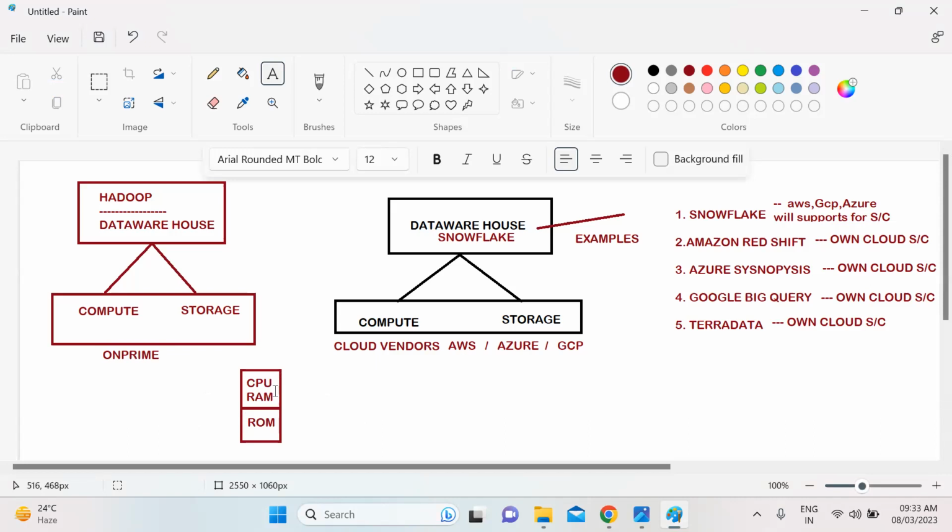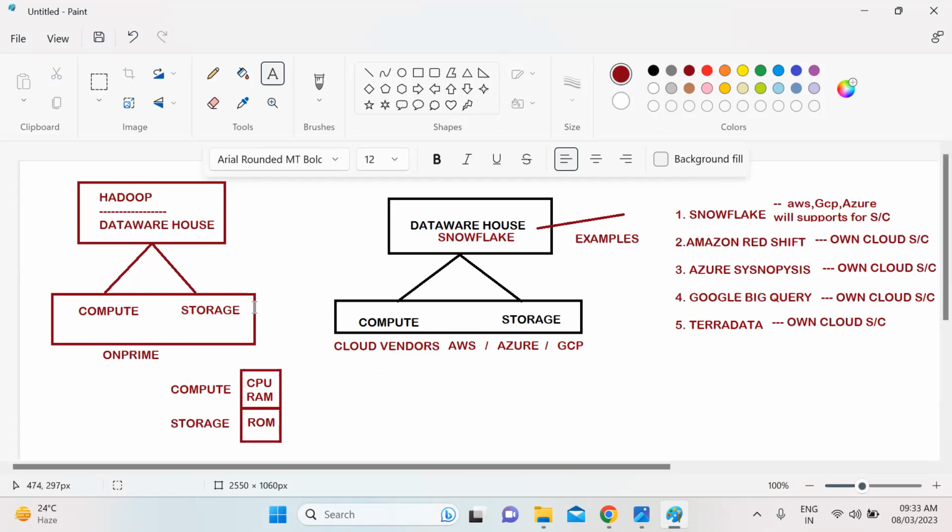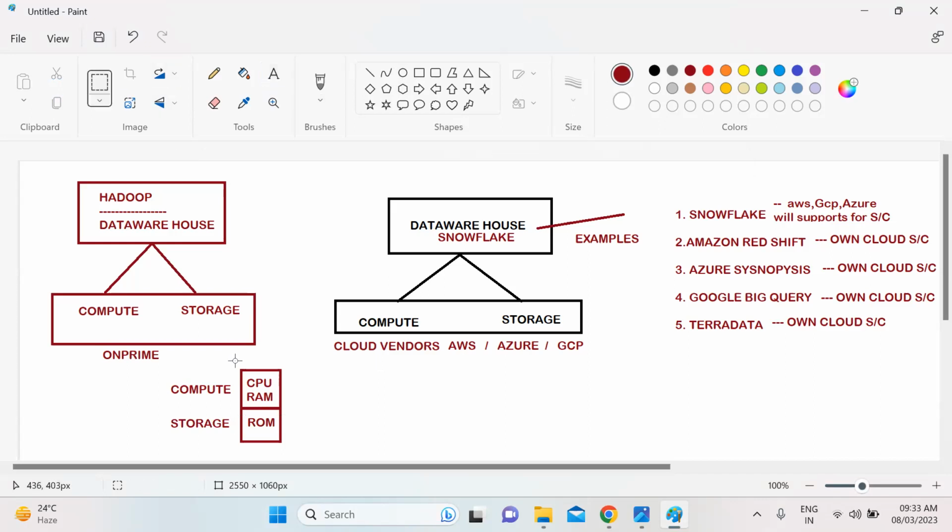ROM means storage, whereas this is compute. Now in the cloud, both are different. Both are independent, not dependent.